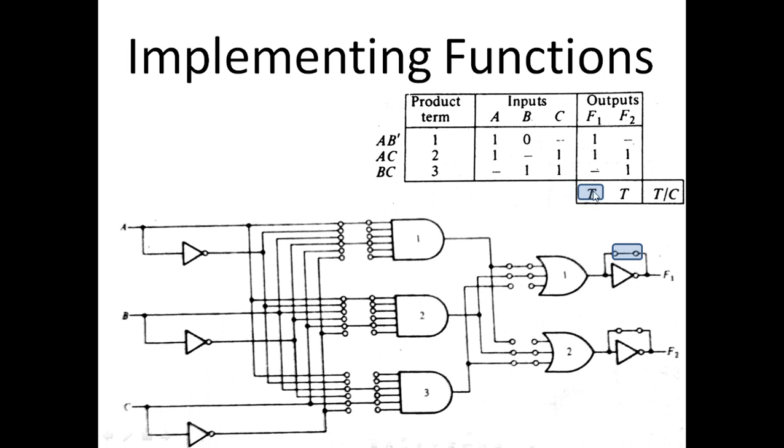If it would be complemented, we would just break the connection. So it is T, means keep the connection. Similarly, for F2, it is true, keep the connection. If it would be C, we would break the connection. If it is C, break the connection. If it is T, keep the connection. So we have kept the connection as it was before because it is T, so we just keep these two